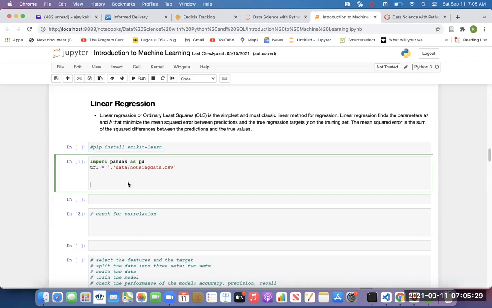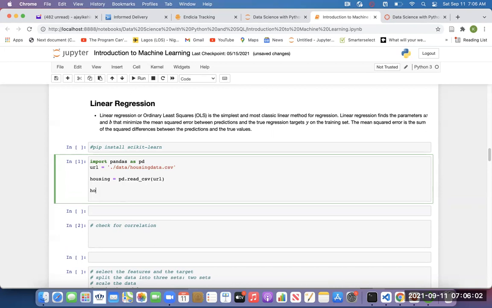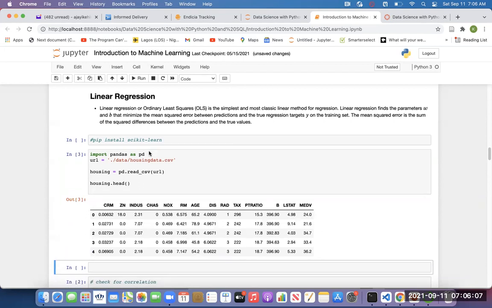So maybe the first thing, let's load the data so that you can see. This data is called housing. So we have import pandas as pd. Remember, to work with data, you import pandas as pd. This is the URL where I have the data. Let me call the variable housing to own the data. So you do pd.read_ what? Yes, read_csv, and then you pass in the URL. So let's see the first 5 rows of this data. So you can see the data.